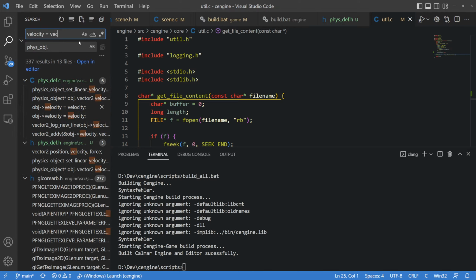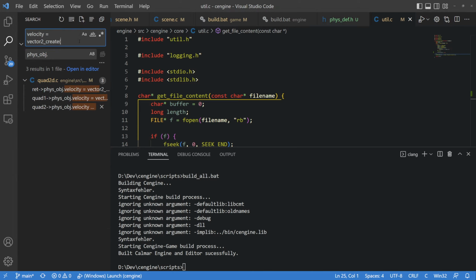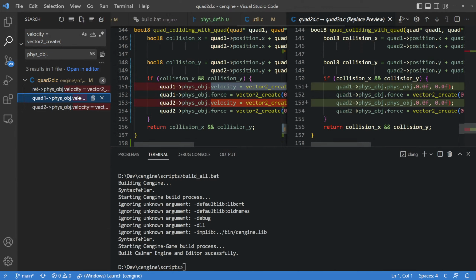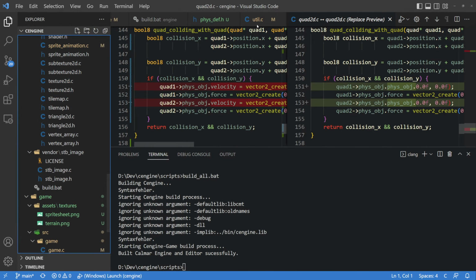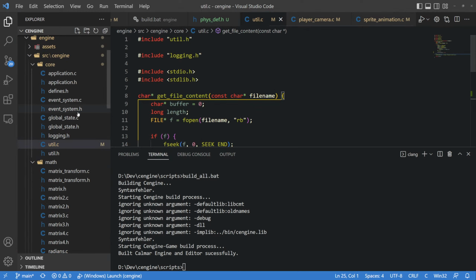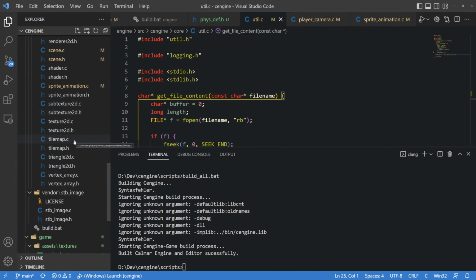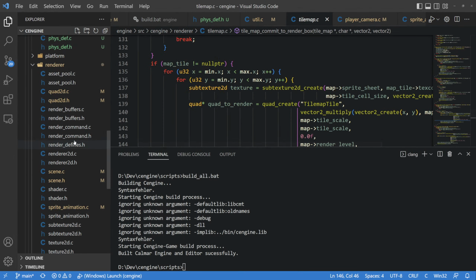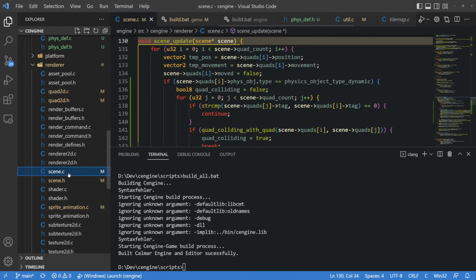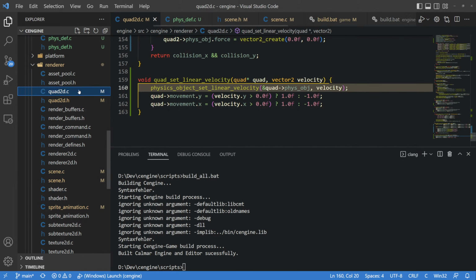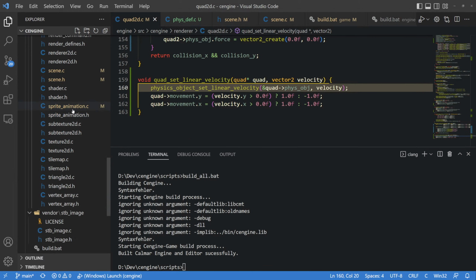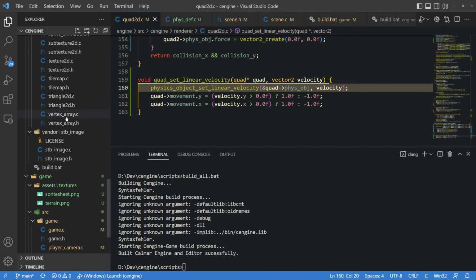Velocity is equal to vector 2 create. Where do we set it to 0, 0? In here. Aha. Okay, I got the problem. So the problem is